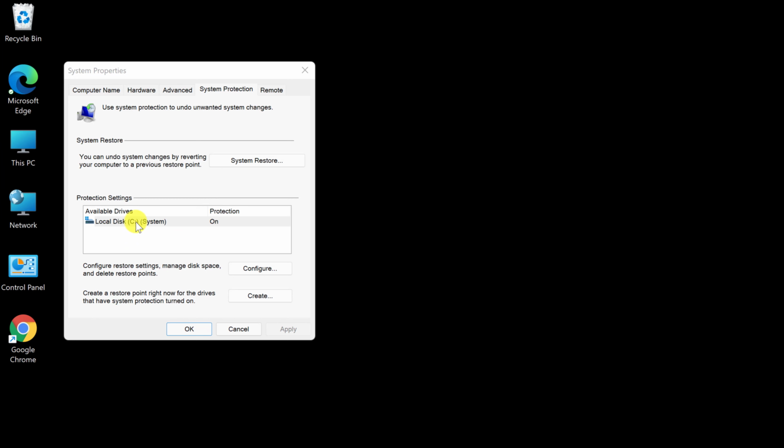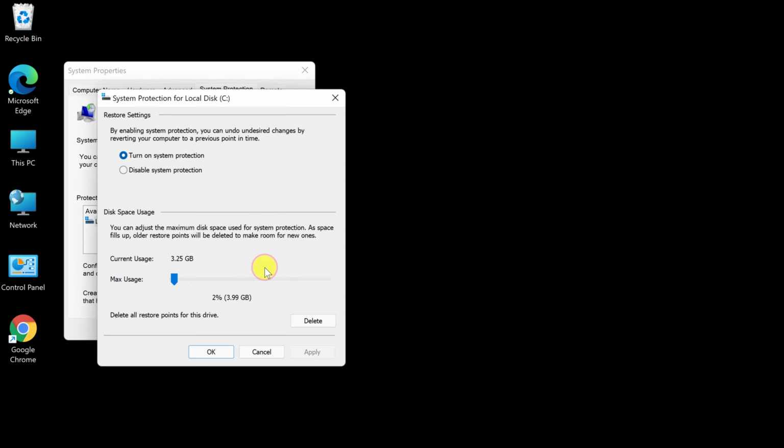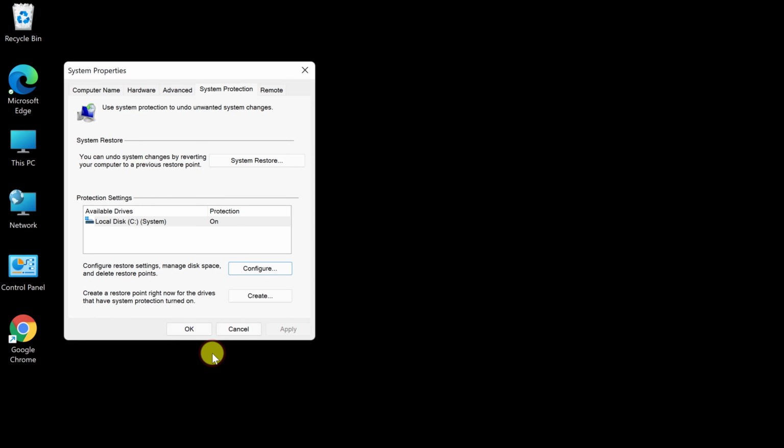The System Protection tab will appear in the System Properties box. Click on the button Configure. You can modify the amount of disk space utilized for the restore points. You can move the slider up or down. If you only have a tiny amount of storage, on the other hand, you can minimize it. In most cases, the amount of space assigned by Windows will be OK. Click OK when you're finished.